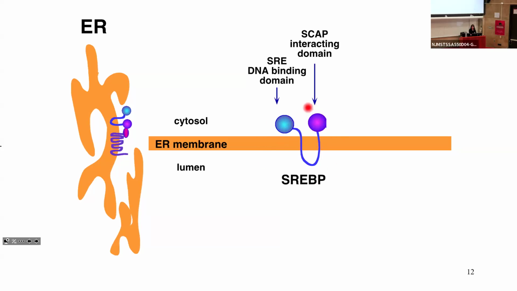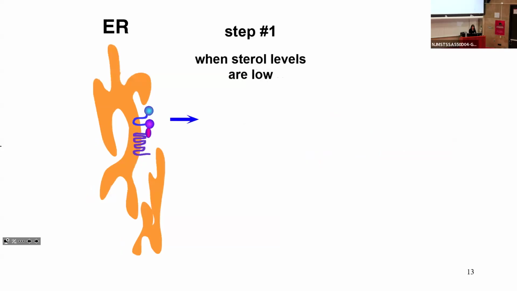The other domain, SCAP, is shown here. It's a globular domain. And this globular SCAP interacting domain is going to touch this SCAP protein. And this protein has multiple transmembrane regions. And this is what's sensing how much sterol is present in the ER membrane, right? So that when sterol level is low,